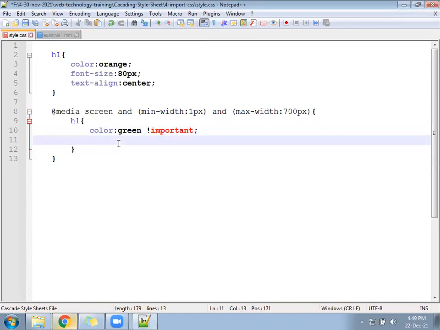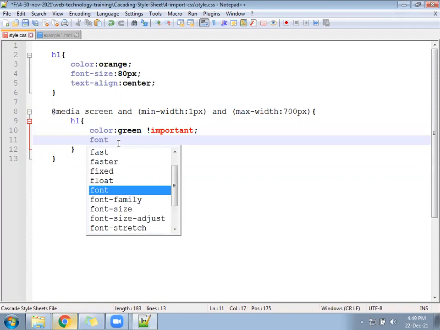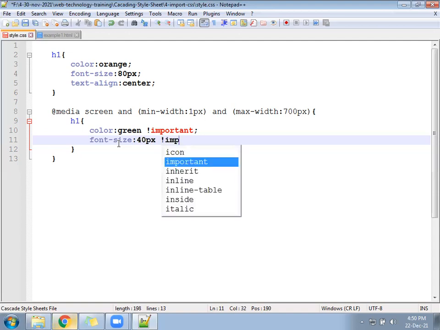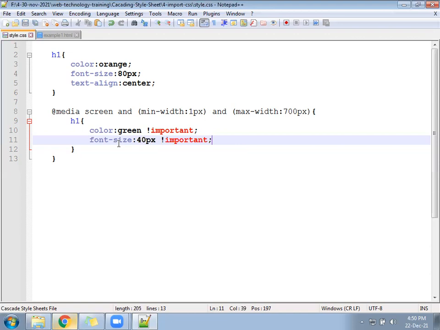Right here, font-size, for how much? 50px or 40px, and !important we need to do.